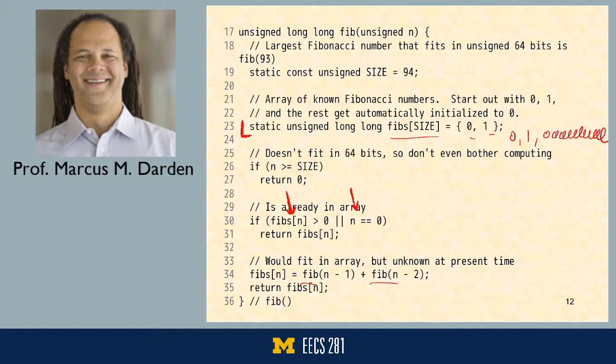So we've got to be able to prevent us from trying to calculate that number, right? And you can see that if n here in line 26, if n is greater than or equal to size, if somebody's asked me for a Fibonacci 94, because size is defined here as 94, if somebody's asked me for a 94, just return 0. That's going to be overflow. They can figure out how to deal with the Fibonacci that returns 0 when they thought it should have returned something non-zero. All right? Okay,